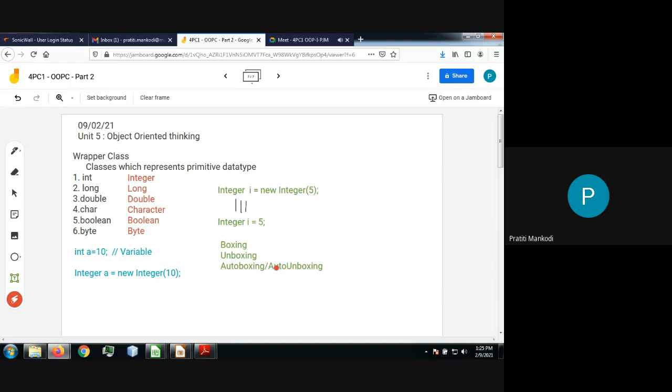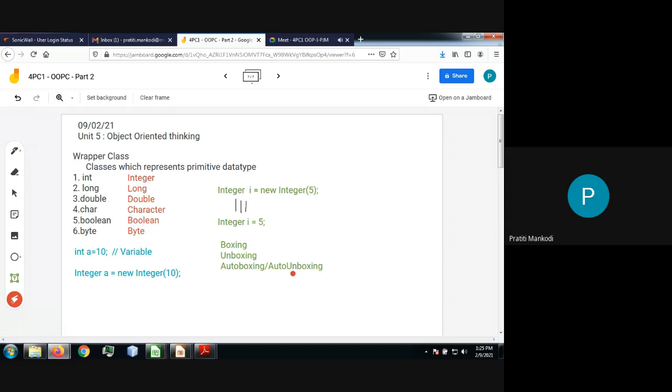Reverse, converting an object into a primitive data type, that becomes unboxing. You are unboxing it. It was wrapped around with the object cover. Now you are unboxing it.